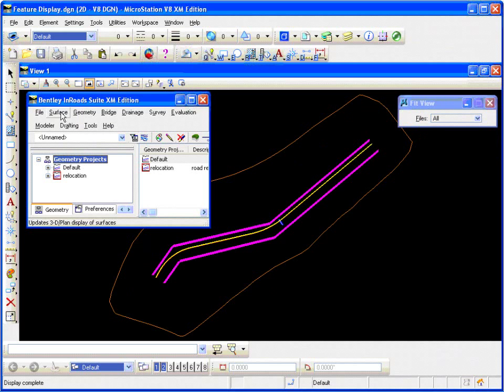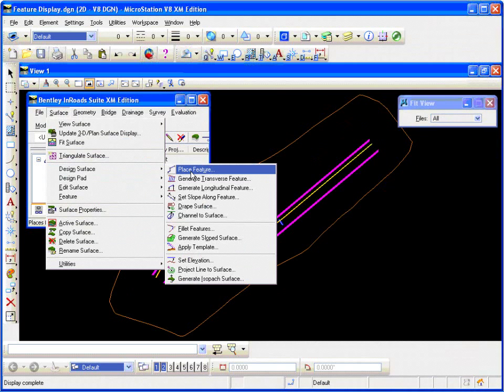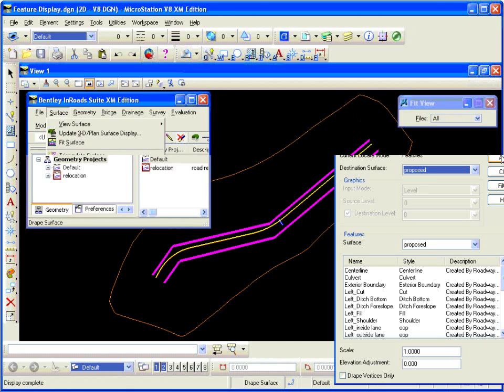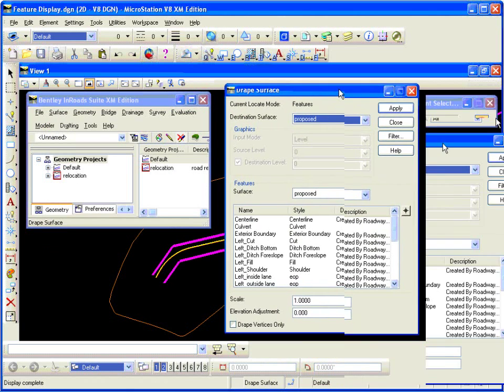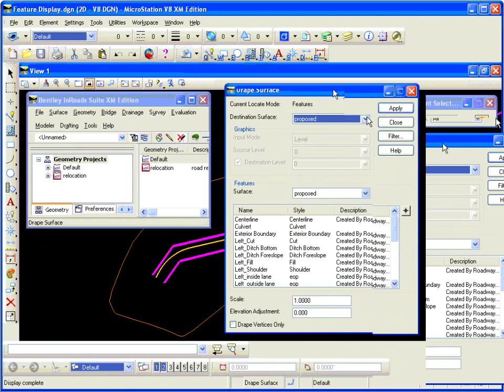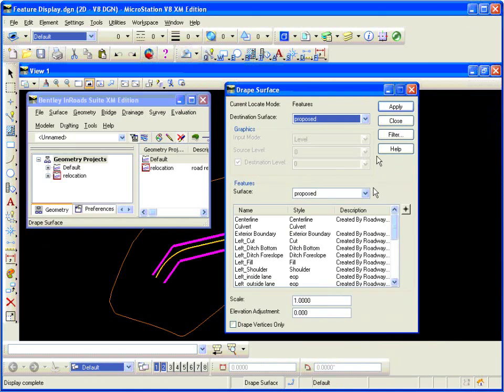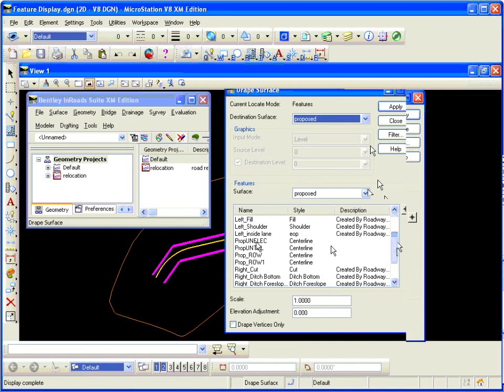So we can do that by going to Surface, Design Surface, Drape Surface, and it brings up the Drape Surface dialog box. And we're going to keep our destination surface in the proposed surface, and we are bringing the features from the proposed surface. And so let's just go down and select our proposed underground electrical,